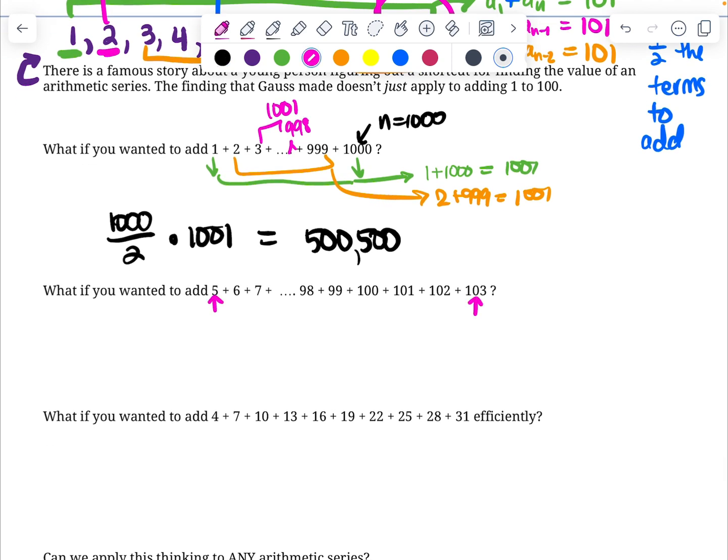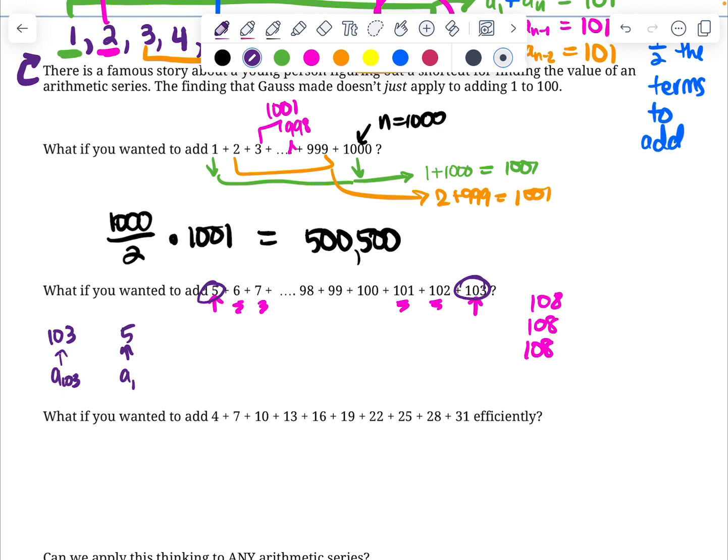Okay, now this gets a little bit tricky, because I'm not quite sure where 103 is. I know I'm starting with 5. All right, so let's see. 5 plus 103, that's 108. 6 plus 102, that's still 108, right? 7 plus 101, okay, that's 108. So at least we know that the sum we need is 108. But the question is, how many numbers are there between 103 and 5? Well, if 103 is A103, and if 5 is A1,